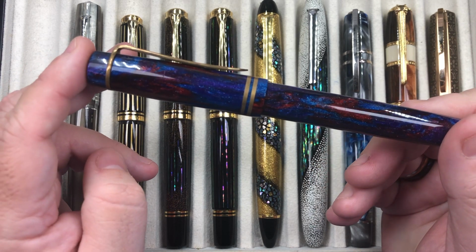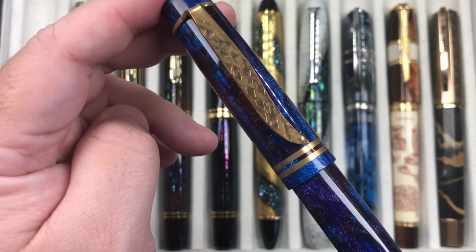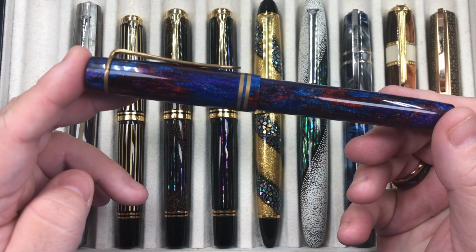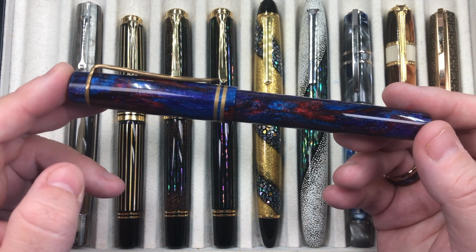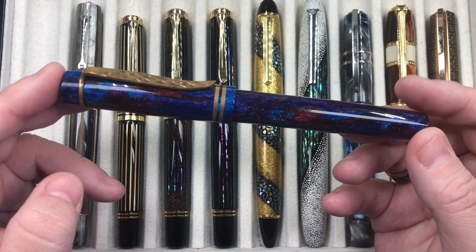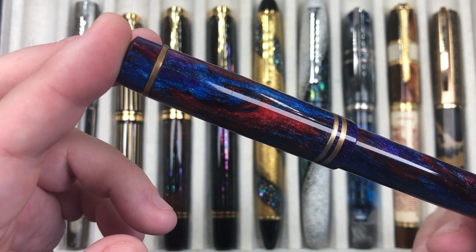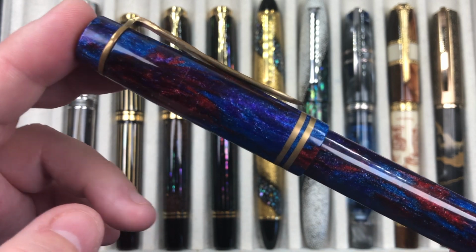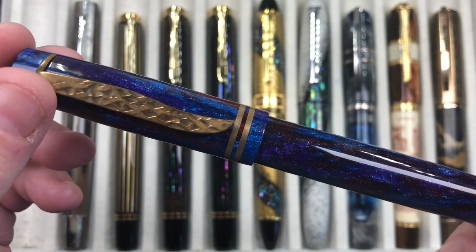So this is the Atelier Lusa Carina in the Diamond Nebula. It has a hammered style clip here, which I do like a lot. The material though is made from Mackenzie Penworks, and this is the diamond cast material. And this has some really lovely blues and reds and almost purples going on here in that material. It really is a stunning material, and you can probably see that silver dust there,